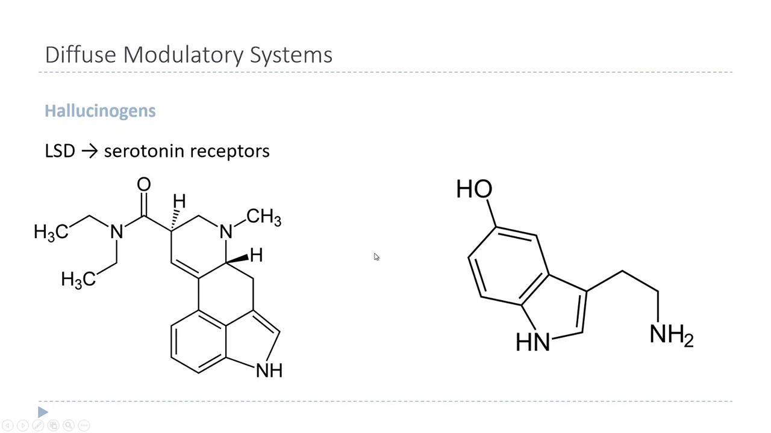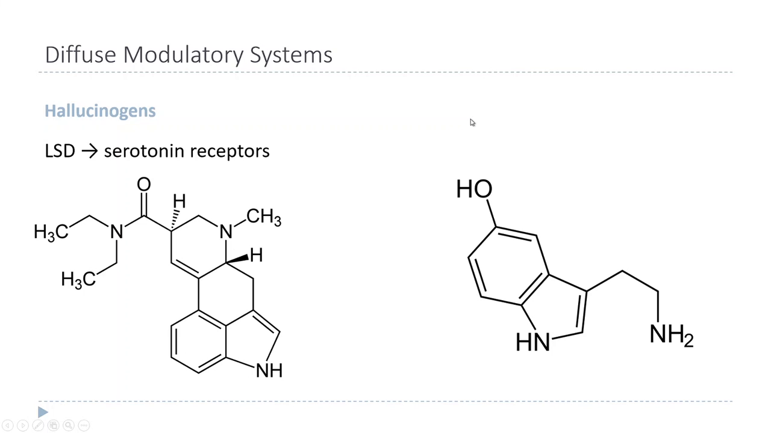Now, another thing that these diffuse modulatory systems have in common is that they are easily influenced by various drugs, because their neurons are spread all over the place and target a wide area. Drugs that interact with these neurotransmitters or their receptors can have diffuse and widespread effects. So, for example,